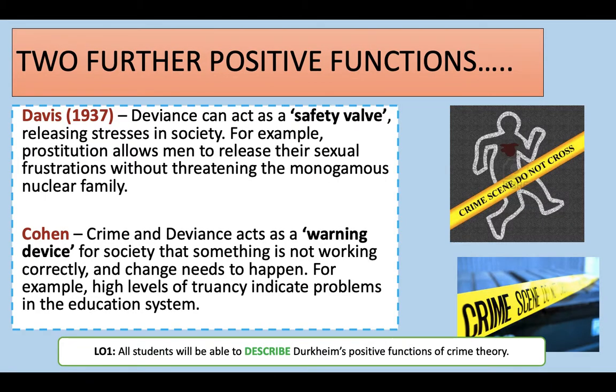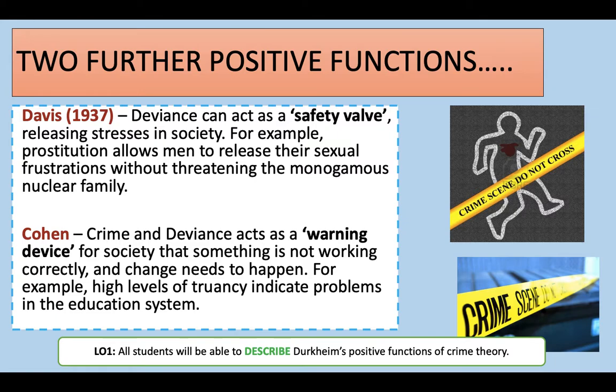So, two further positive functions. Davis in 1937 stated that deviance can act as a safety valve, releasing stress in society. For example, prostitution allows men to release their sexual frustrations without threatening the monogamous nuclear family. Okay, so we want fewer mistresses, and then the man leaving his wife for the mistress, and more prostitution, which doesn't involve a lot of, let's say, emotions from the man to want to leave